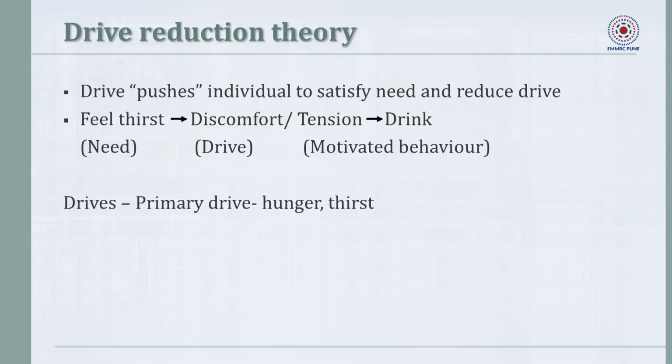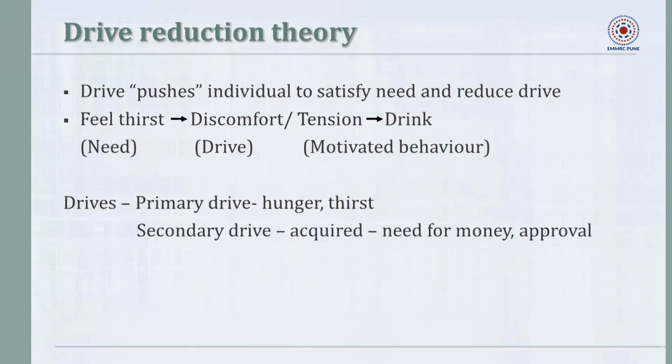Drives are categorized into two. Primary drives involve needs that are related to survival, like hunger, thirst, etc. Secondary drives are also known as acquired drives, involve needs that are learned either through experience or conditioning, like need for money, approval, etc. The theory is helpful in explaining motivated behaviors people indulge in to reduce tension created by needs,